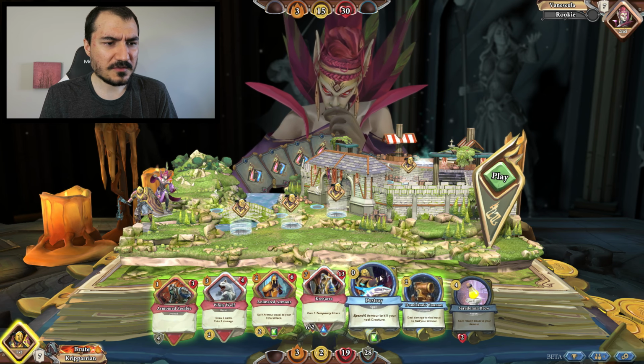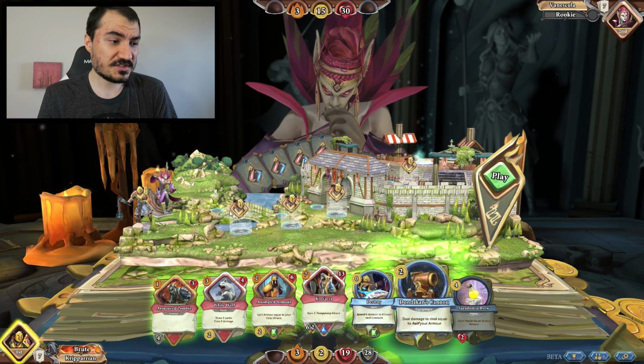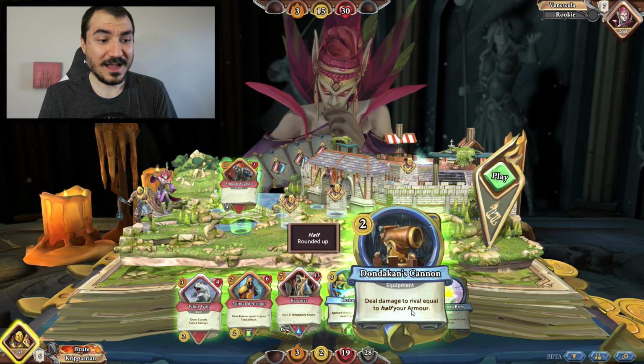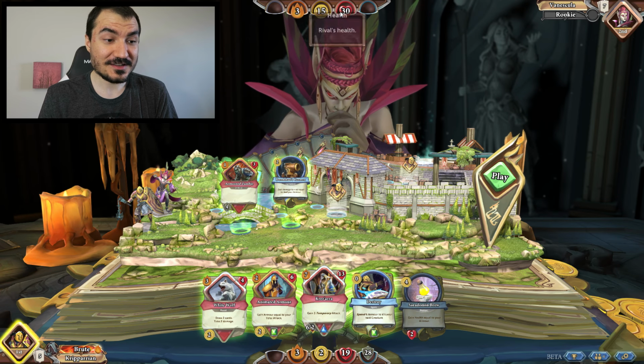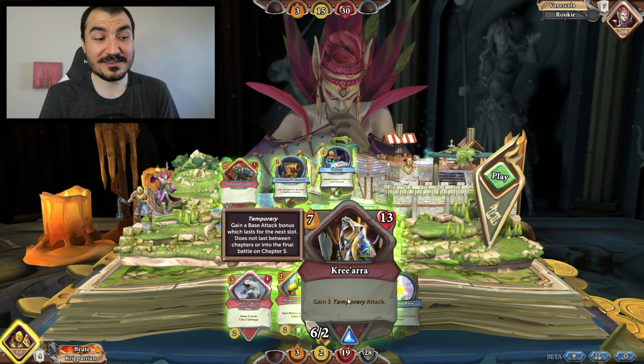Actually, no. Maybe it's best to just use the cannon. Deal damage to the rival equal to half of your armor. Let's just do that. Let's gain a little bit more armor. Let's hit him for half of our armor, which will be like 16 damage. He has 30. And then let's spend 6 armor to kill Krila, which will give us a 6/2 weapon moving